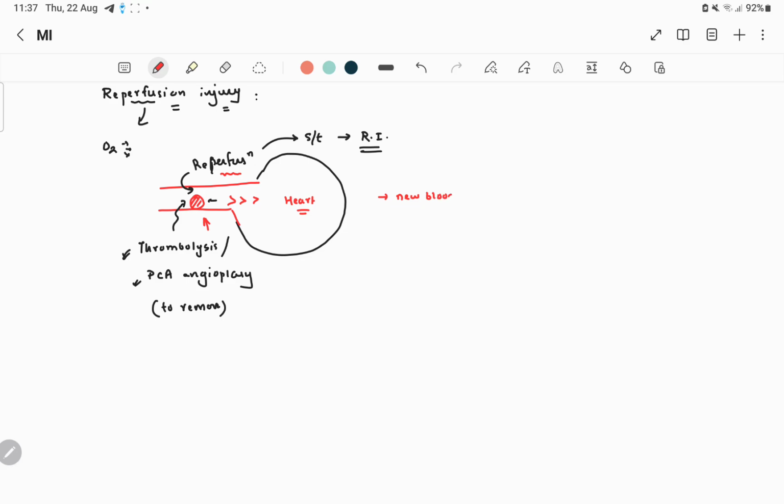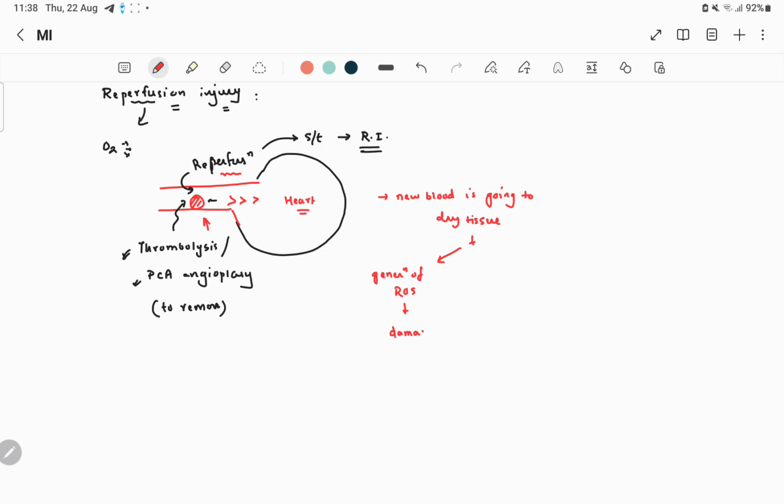So new blood is going to the dry tissue, due to which the dry tissue will start reacting in an abnormal way, because it had not seen blood for a very long time. So there will be generation of ROS, reactive oxygen species, which will lead to